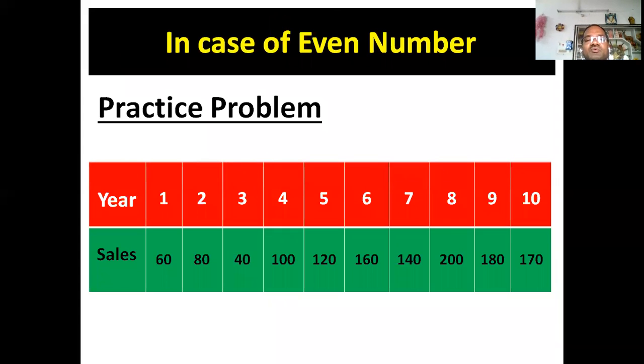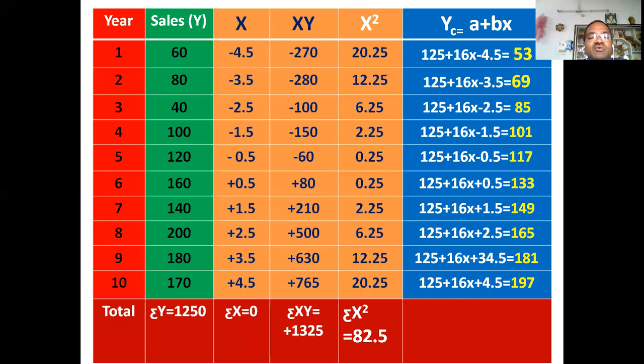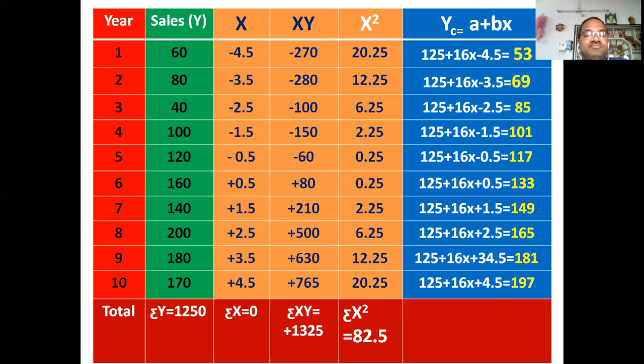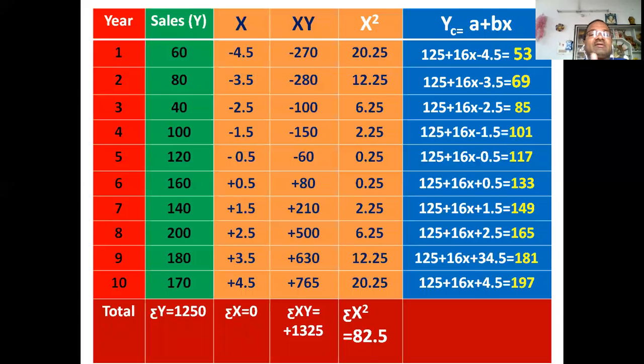Then let us go to the even number case. In the even number case, what happens? When the given years are 10, the only difficulty is the identification of the origin. That way I can explain. Yes, in the even number case, the calculation of values and all, I can show you here. Let us take, see, this is the table from the given values of your exercise. Then take these 10 years, write them in the year column, and take the sales of the 10 years.